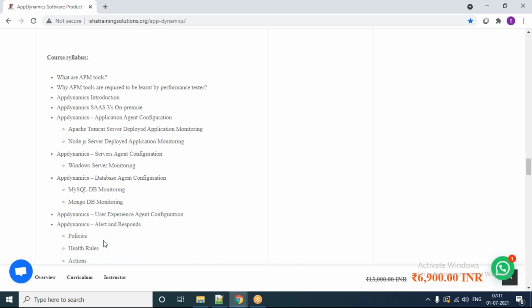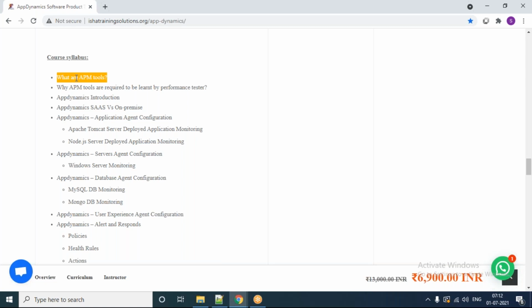The first course topic is what are APM tools. That is very important, right? I don't think many of them currently have that exposure, because their background would be development, DBA, or infrastructure monitoring.